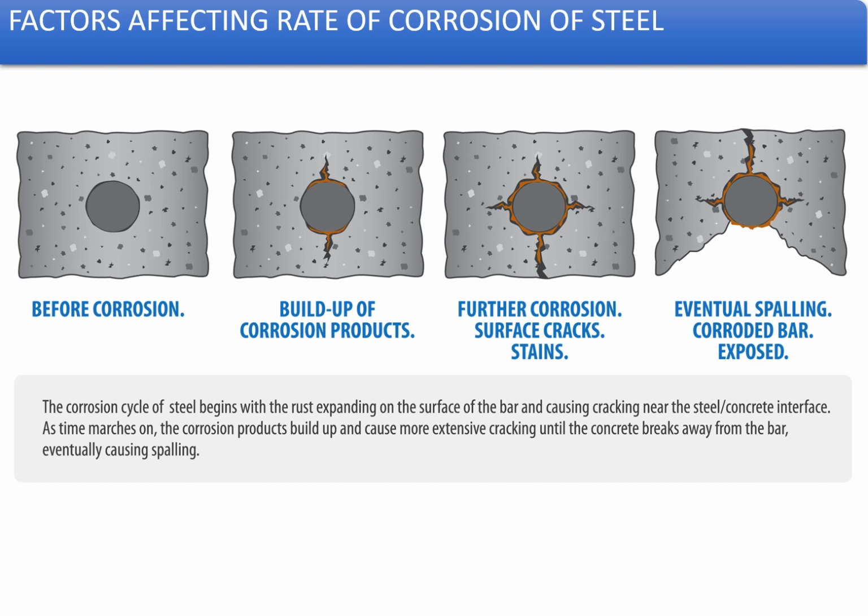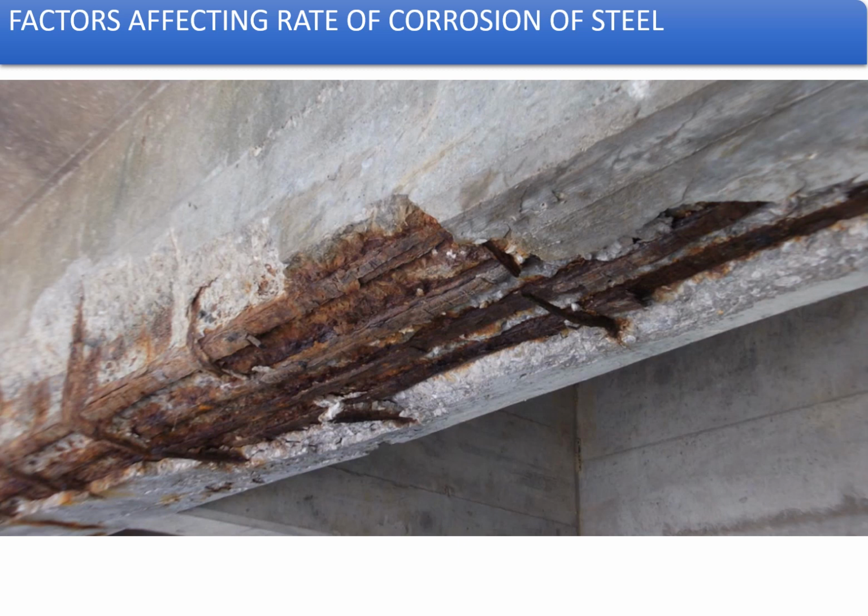So finally, the bridges will be looking like something like this. Initially, the steel bars will be exposed to the atmosphere, and later on slowly it gets corroded more and more, and then the cross-sectional area of the steel becomes lesser and lesser as time passes.